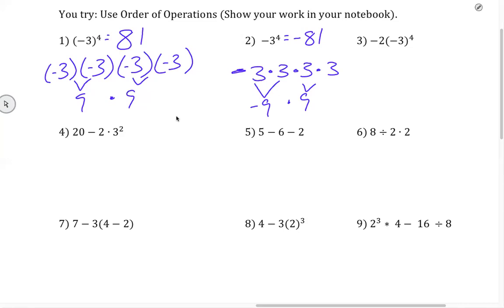Yeah. All right, so my advice to you is whenever you see parentheses, make sure you type it in your calculator using parentheses. Okay. All right, let's pick on